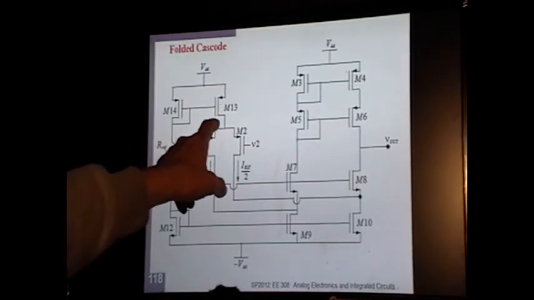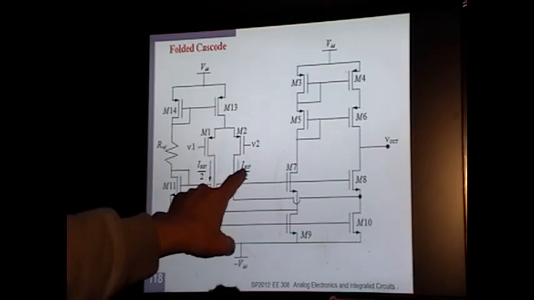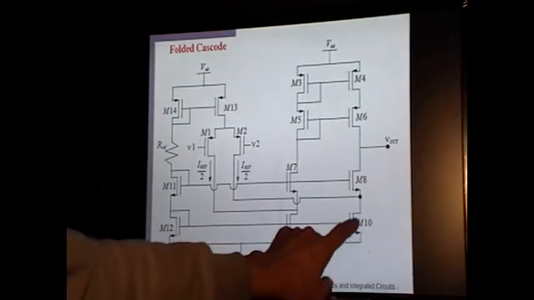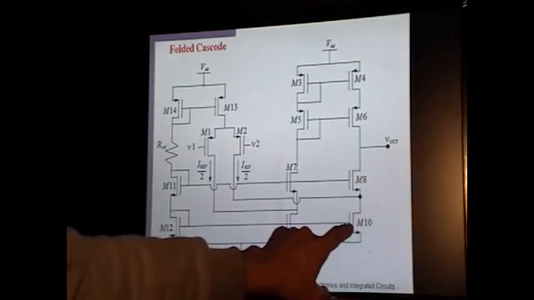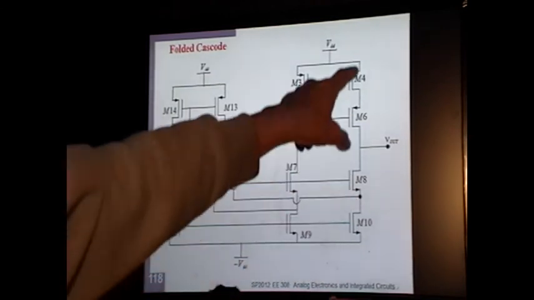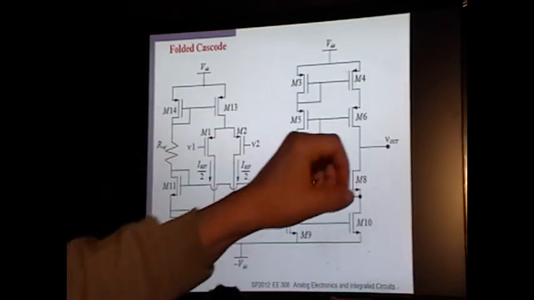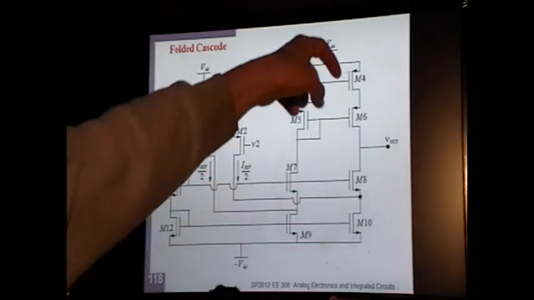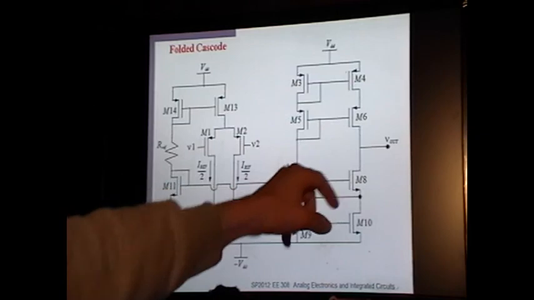Okay, let's see what happens over here. So now you have IREF minus delta I going into here, but this has to conduct IREF. So if this is going to be a little bit less than IREF over 2, now this branch has to all of a sudden conduct a little more than IREF over 2. It has to conduct IREF plus delta I. Whatever this